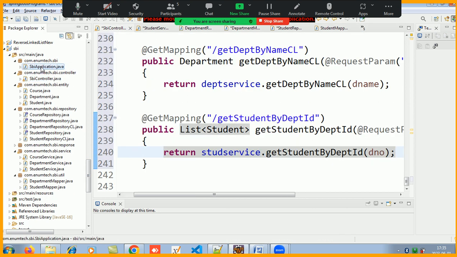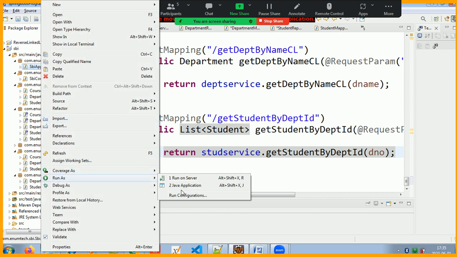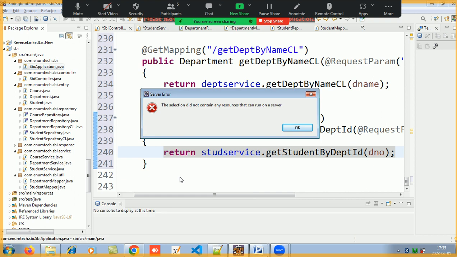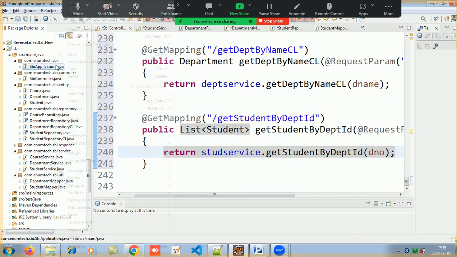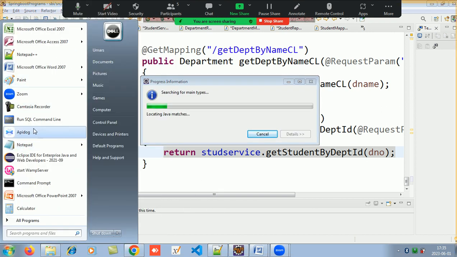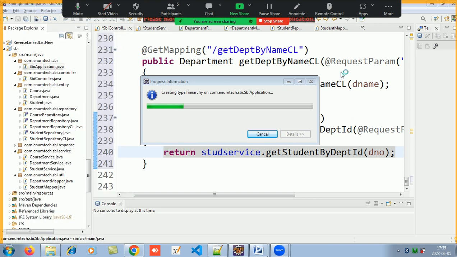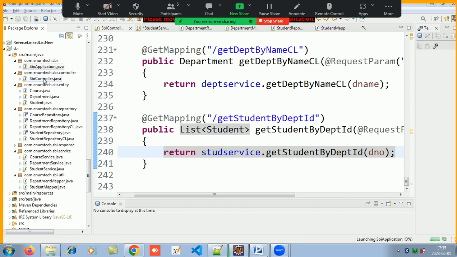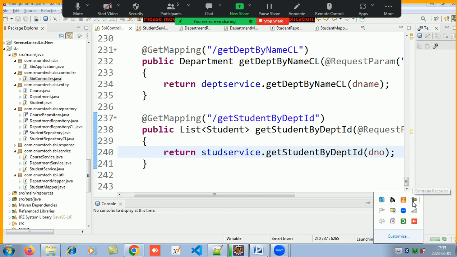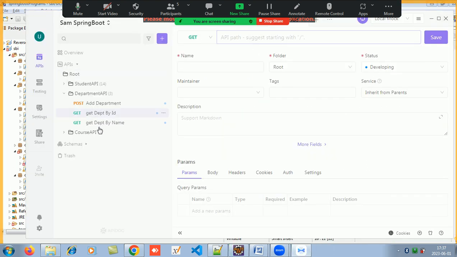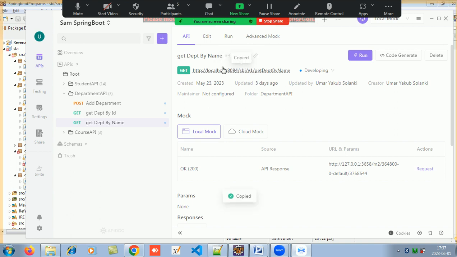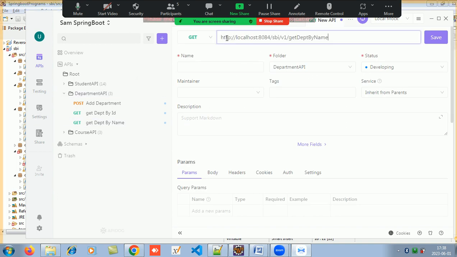Now let me go and play this first. Okay, now I'll go to my API doc and create an endpoint which will help me to get this. So what is the endpoint we are creating? Okay, so now let's try to create an endpoint. So I take this and add an API which will be a get mapping, and it will be get department by